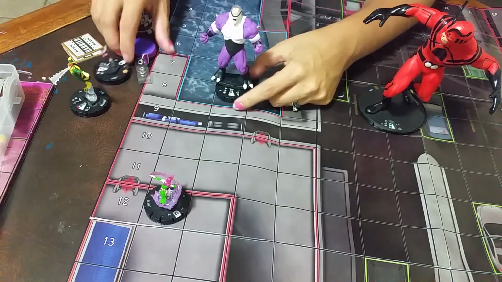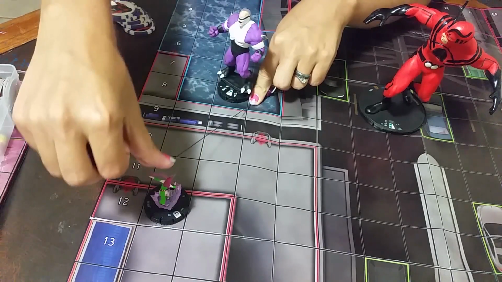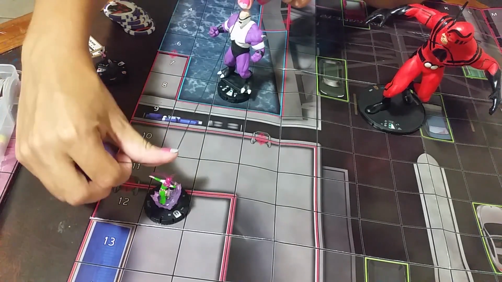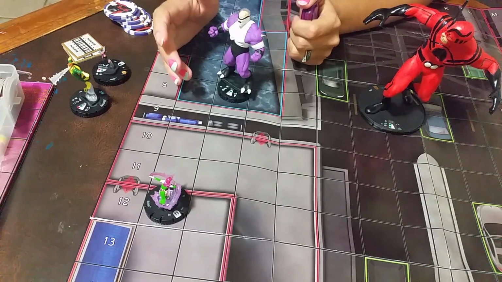Normally, you wouldn't be able to draw a line of fire here because we're crossing elevation 2, we're crossing elevation 3, and then we're going to elevation 4. Any other character size, that would be a blocked line of fire because elevation would be in the way. But because Validus here is saying that, yeah, I'm going to be on elevation 4,